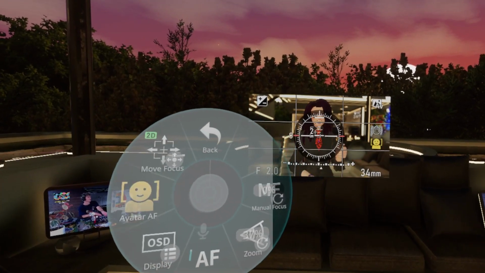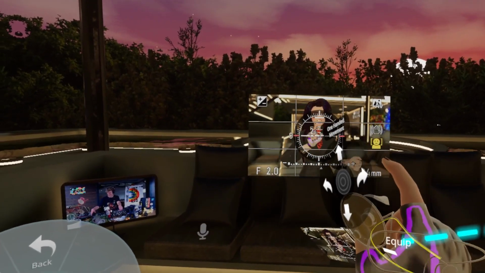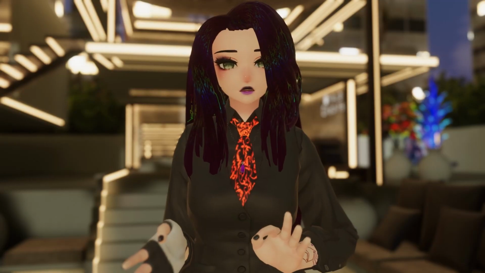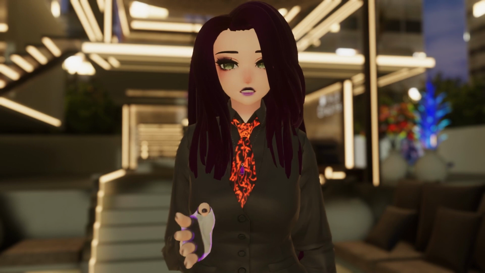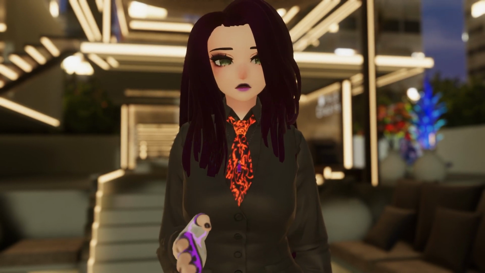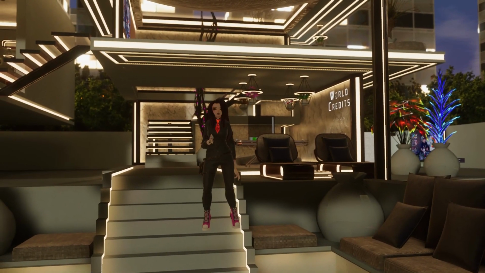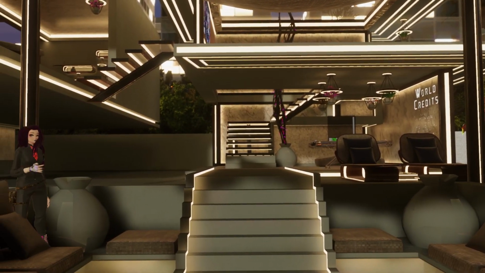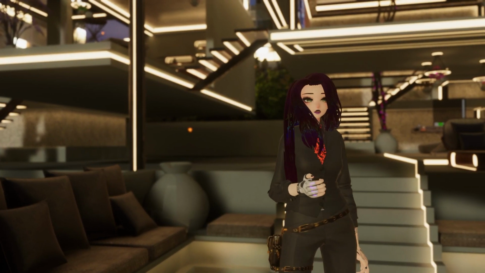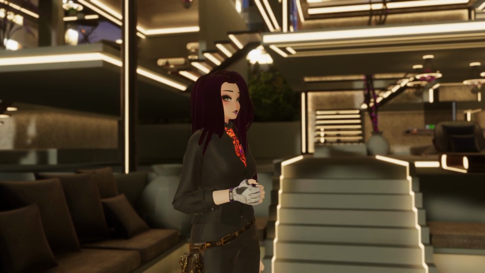Now, if you hit the Avatar AF button one more time, that little symbol will now turn yellow. What this does is it turns off the crosshair for focus, and it will always make sure your personal local avatar is always in focus no matter what. So if I'm moving around, I will always be in focus. No matter how close, no matter how far, no matter how much I'm moving, I will always be in a